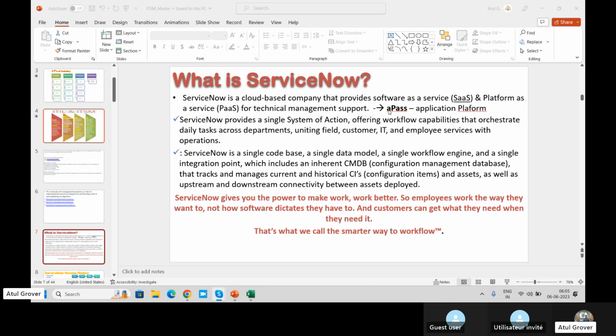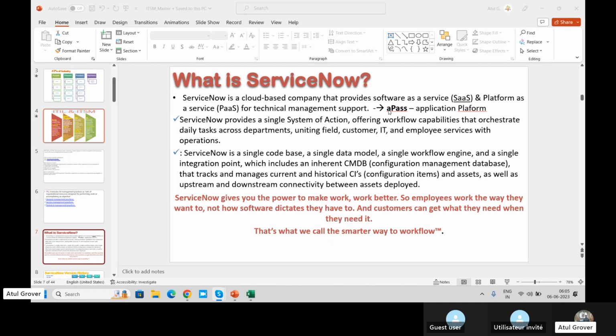Why application platform? You and I have known ServiceNow for a long time. When I say application, it means incident, change, problem, request, which came with ServiceNow. We use them and do our work. And why platform?